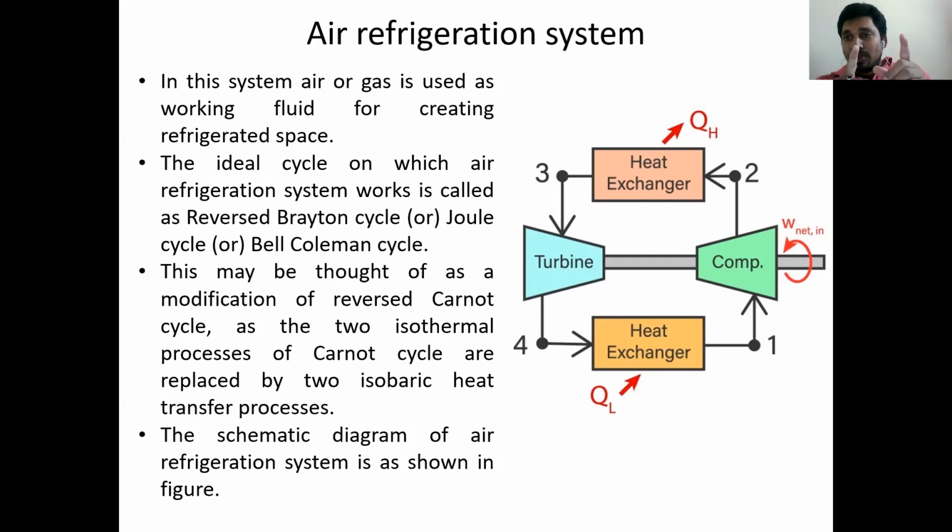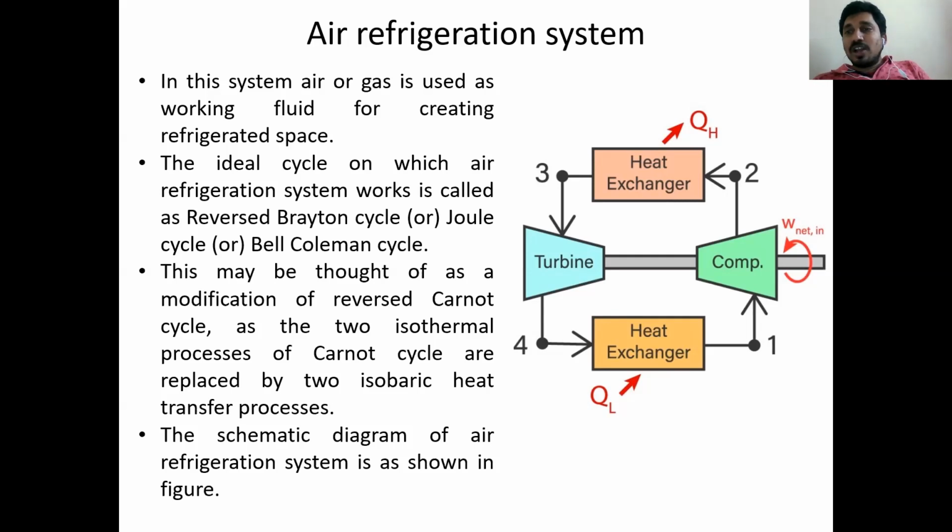But you should remember one thing, this process should be conducted in an isentropic manner. So from 3 to 4, entropy should be constant, meaning reversible and adiabatic. What we followed for the compressor, the same process should be followed here: reversible adiabatic, no frictional effects, no heat transfer. If you conduct it like that, it is called a reversible adiabatic or isentropic process. So from 3 to 4, we conduct the process like that.